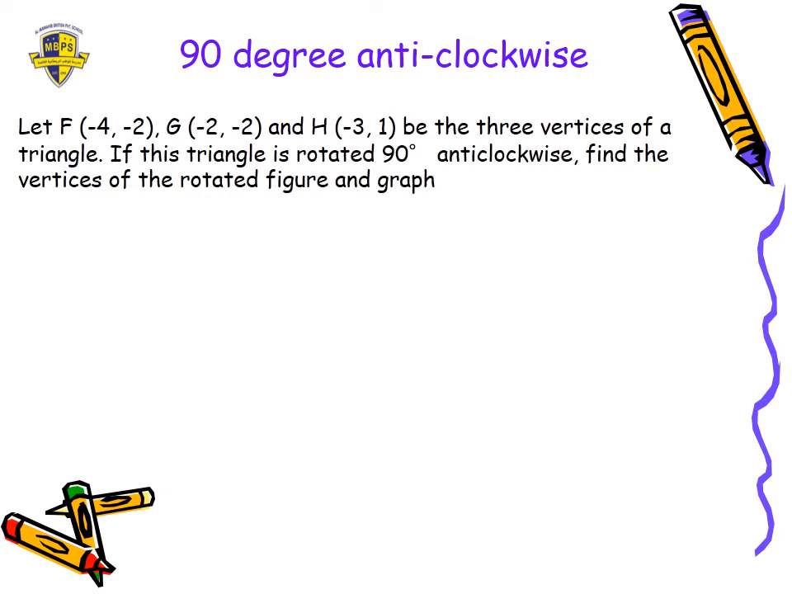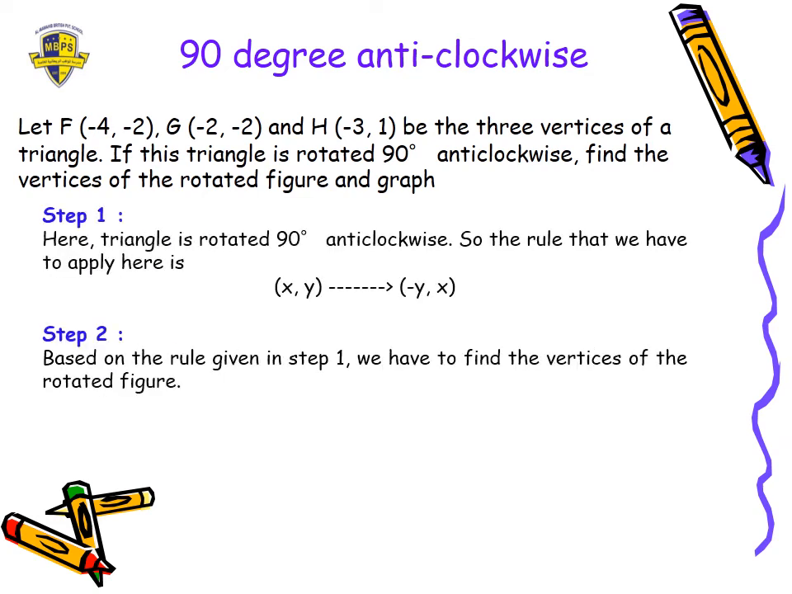Let's do this example together. We have this triangle with the corners F minus 4 minus 2, G minus 2 minus 2, H minus 3 and 1. We want to rotate this triangle 90 degrees anti-clockwise and draw it after rotation. So the first step, remember the rule, this is anti-clockwise, so it will be minus Y and X. Step 2, we have to apply this rule